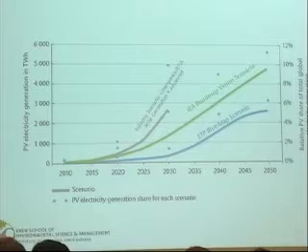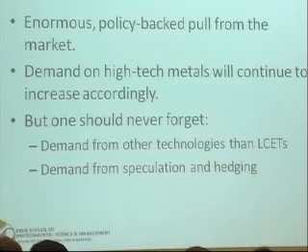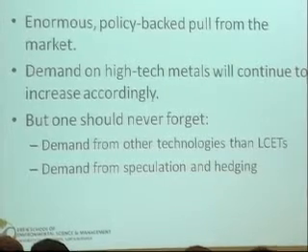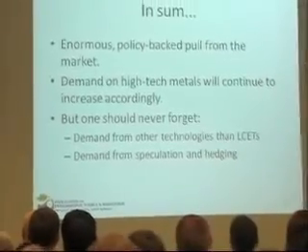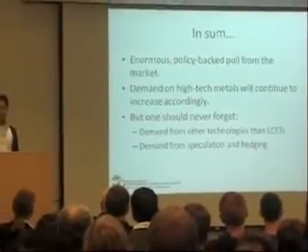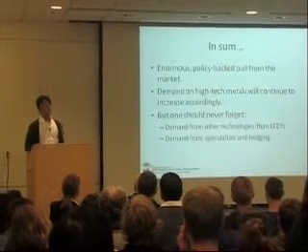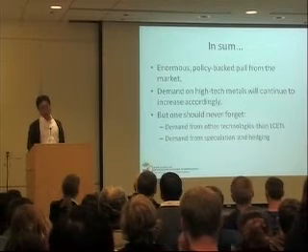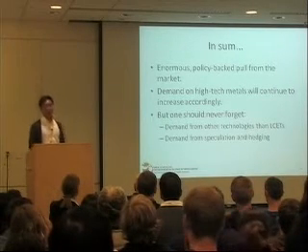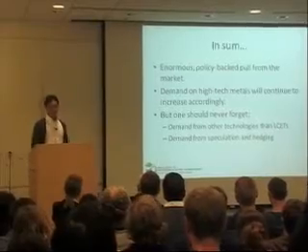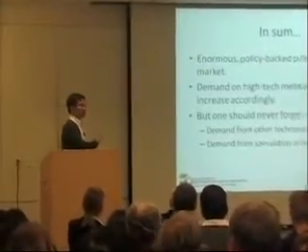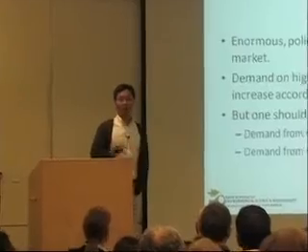So we should observe a huge increase in photovoltaic installed capacity. In summary, there is enormous policy-backed pull from the market, and demand for high-tech metals will continue to increase accordingly. And it is not only those high-tech products, but we should also not forget that there are other demands on those materials. There is demand from technologies other than low carbon energy technologies, and also demand